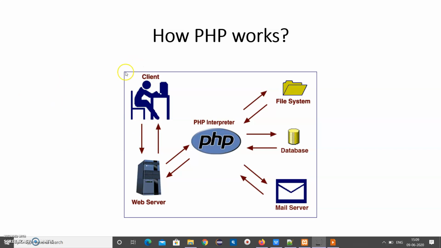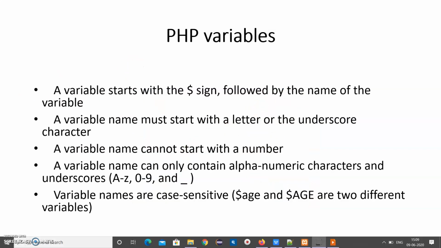Now coming to the next thing. So now you got to know the basic structure of PHP, and how to write within the given tags. Now coming to how to declare variables. Any variable in PHP starts with a dollar sign followed by the name of the variable. For example, $age will be written, or else $_age is also a valid variable declaration.